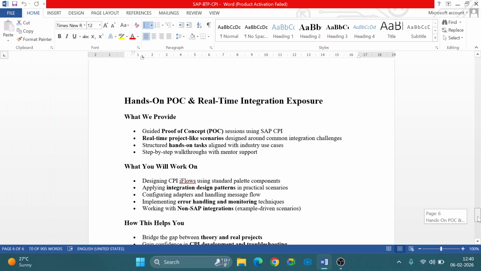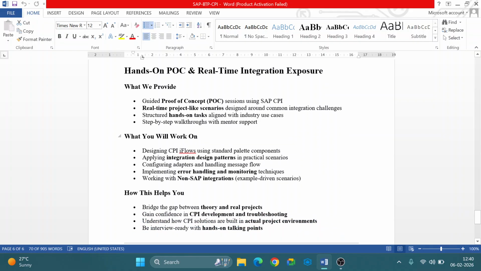and is that the only thing you are going to get? No, you are going to get some hands-on POCs and real-time integration exposure as well. When I say POC, I am going to give you some activities. You need to build your own integration flows, write down your own theory, and submit the papers to me. Okay, that is the proof of concept. By doing those POCs, you will understand the requirement very well. Okay, you have to think in your own way, so that you will come to know